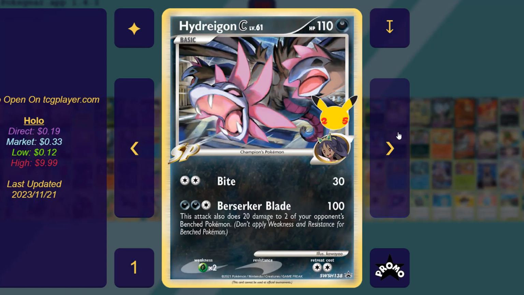Hydreigon C. This is one of these Celebrations cards. It's my favorite promo, I think, of the past probably decade. I can't think of another promo that I've liked this much since like Tropical Beach. It's so cool. This card is very reminiscent of the original SP cards, and the way I say this is back in the SP era, the way that they assigned artists was per character, except for the Galactic cards. The Galactic cards kind of intermixed, but back in the day, each artist got their own character, sometimes